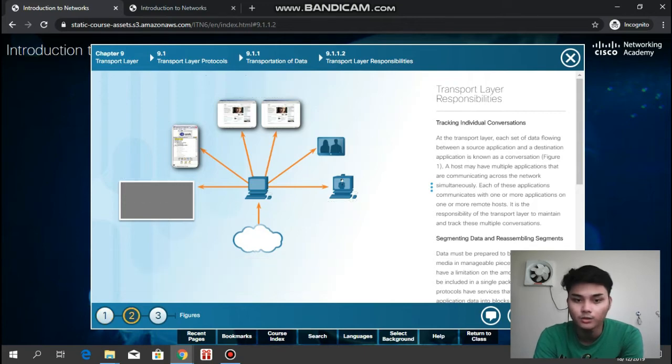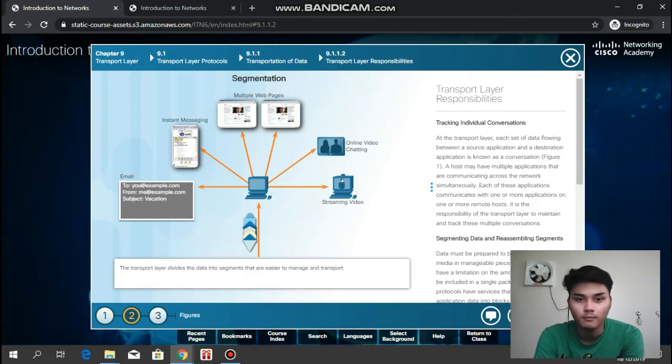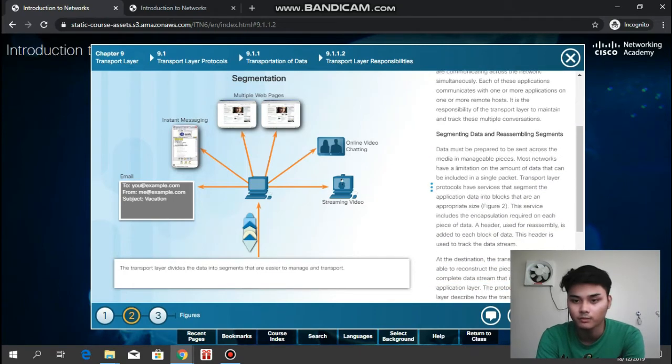So in figure 2, we have here the segmentation, where the transport layer divides the data into segments that are easier to manage and transport. So it has email, instant messaging, multiple web pages, and online and streaming video. Data must be prepared to be sent across the media in manageable pieces. Most networks have a limitation in the amount of data